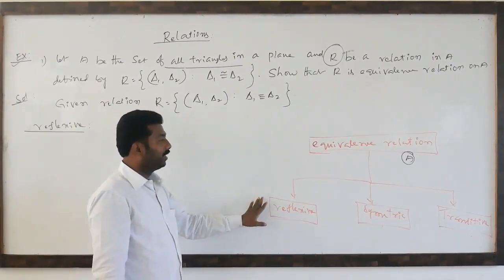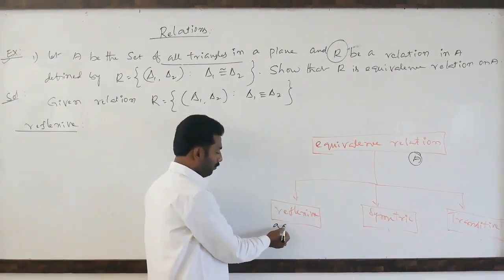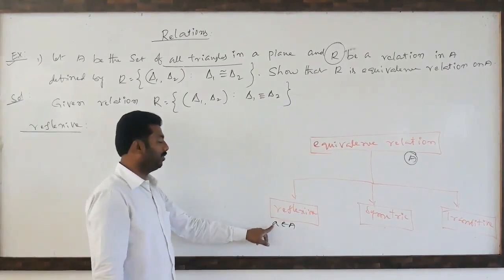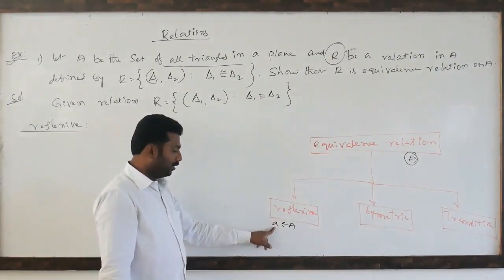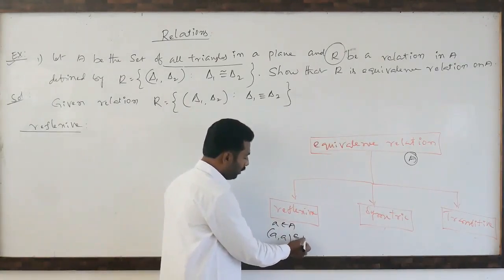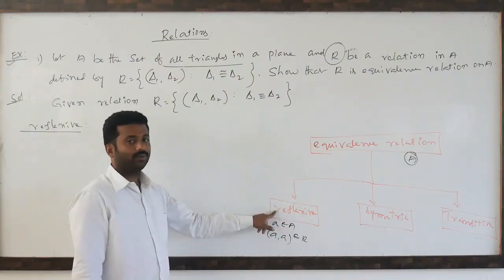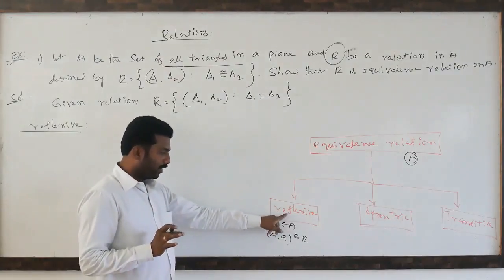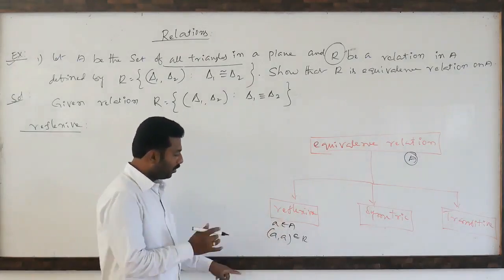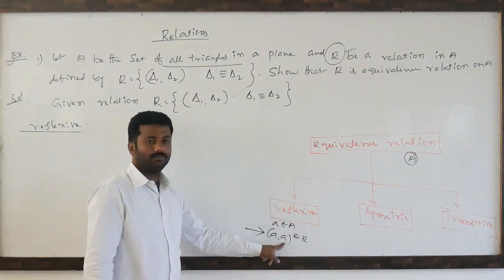So how do we verify whether capital R is reflexive or not? The procedure is important here. From the non-empty set, you have to select one element, any random, meaning arbitrary, element. Then for this arbitrary element, what do we have to prove? There is a relation between A comma A. This is the procedure to prove whether capital R is reflexive. First we select any one arbitrary element from capital A, and later we prove there is a relation between A and itself.